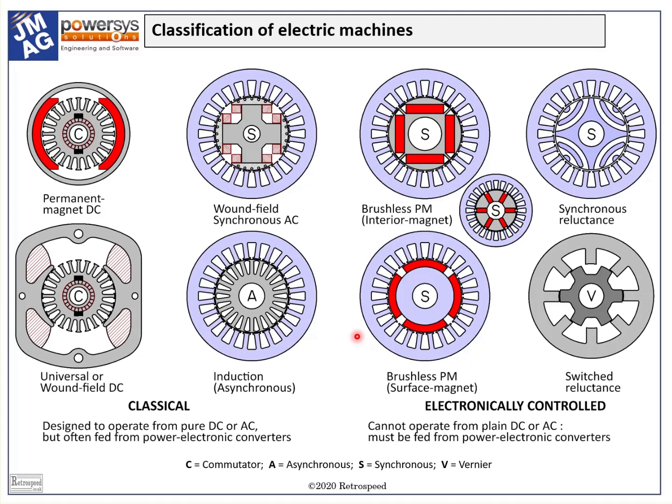It has no saliency, and the synchronous reactances are the same in the D and Q axes. Because of this, it has no reluctance torque. The phasor diagram is practically the same for both types of motor, except in the values of the reactances and the resulting control laws for the D and Q axis components of the current.